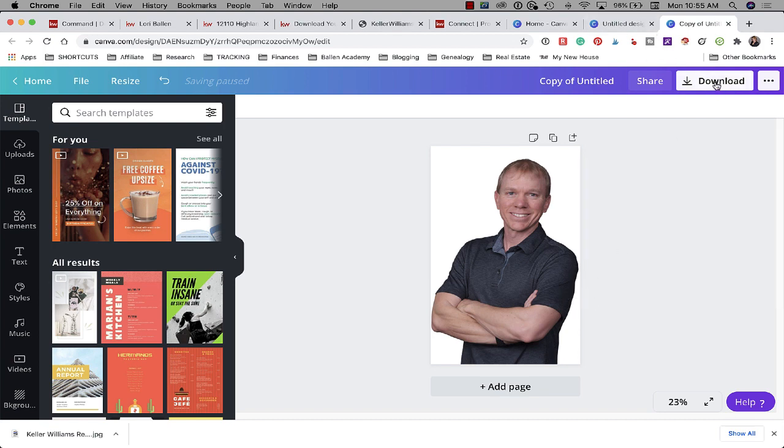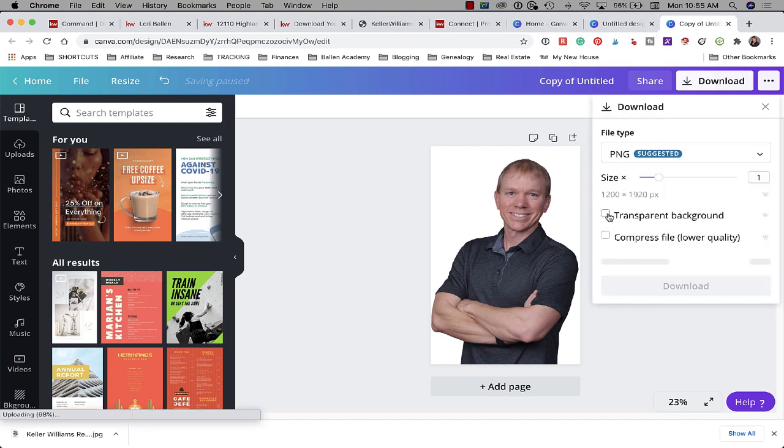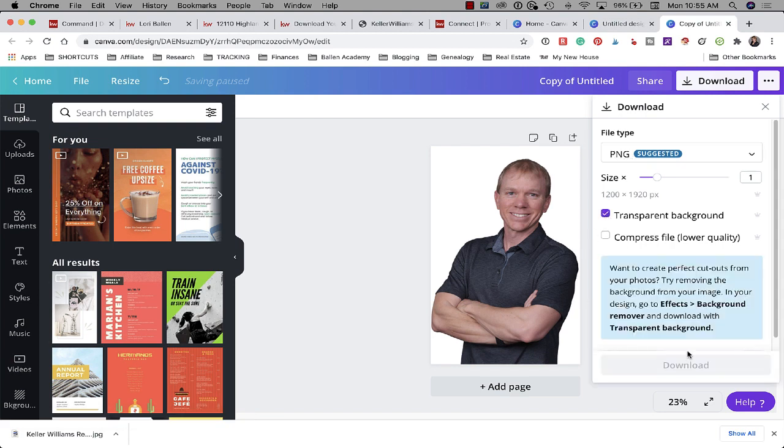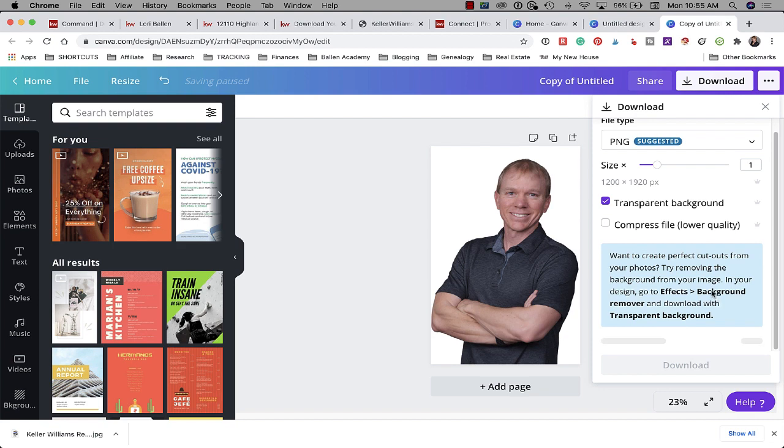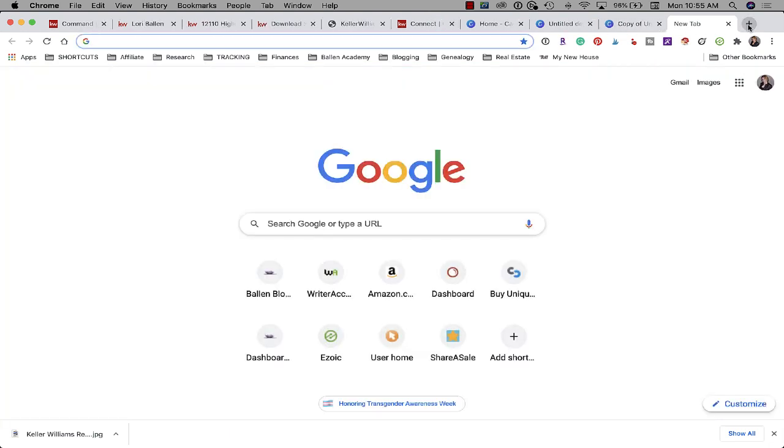So what I would do next is I would download this and then save this as a PNG with a transparent background. And then we give it a second. It's a high resolution image, so it takes a second to get it ready to download. Now, while that's doing that, I'll show you the other option is to do